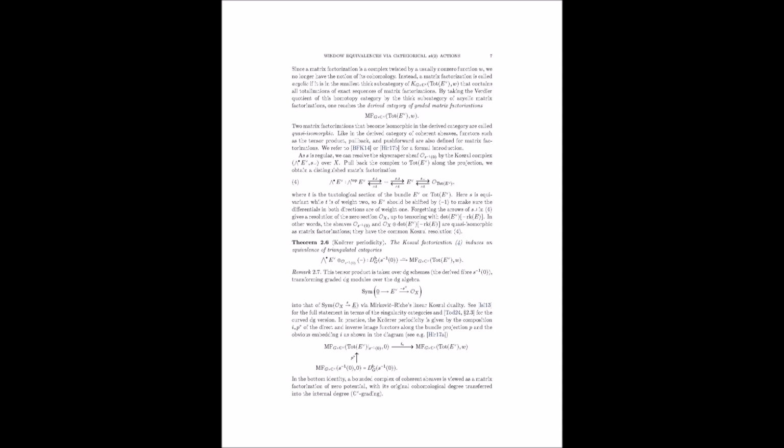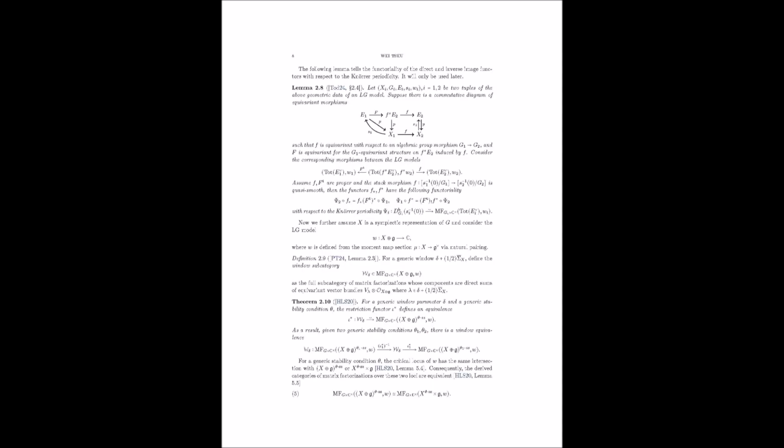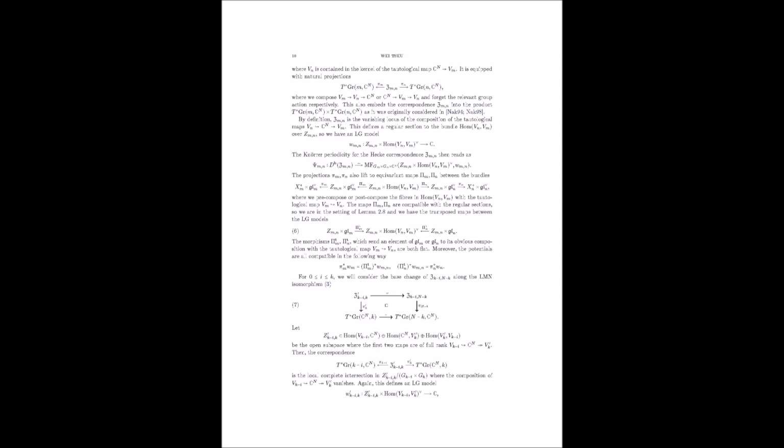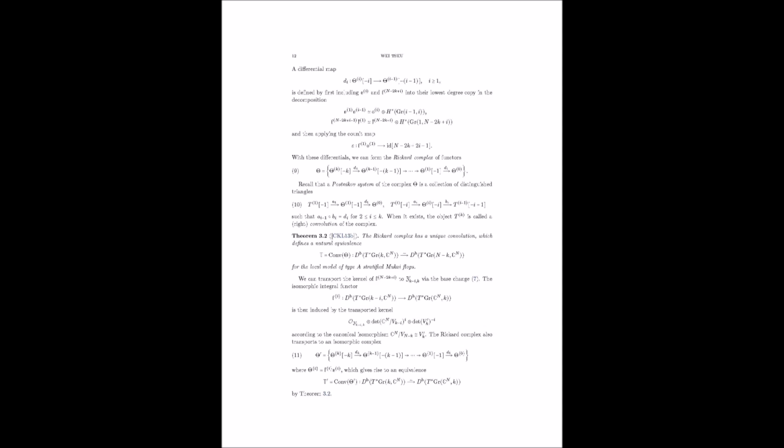Right. The paper delves into Nakajima quiver varieties. Can you tell us what those are and how they come into play? Nakajima quiver varieties are a class of geometric spaces that are constructed using quivers, which are mathematical diagrams consisting of vertices connected by arrows. Think of them as visual representations of relationships between different objects, like a family tree where each person is a vertex and the arrows represent relationships. I see. So how do we go from these quivers